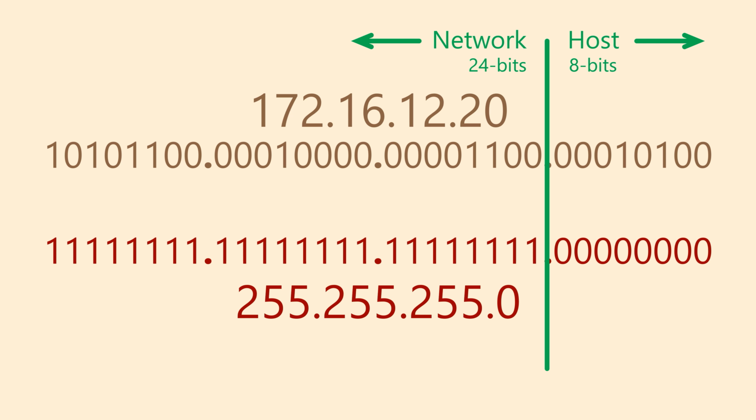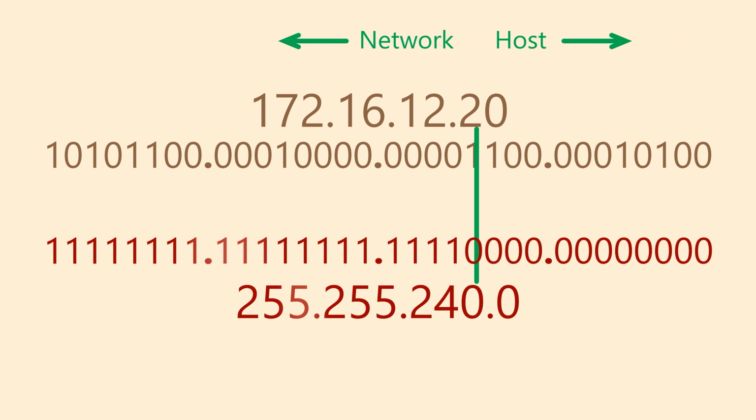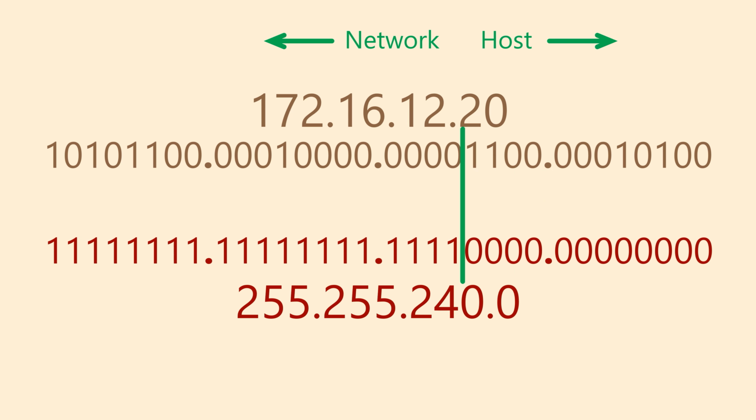The interesting part is that we can change the length of the subnet mask, that is, the number of ones in the mask. What would happen if we changed this to a 20-bit subnet mask? We now have 12 bits available for hosts. That allows up to 4,096 host addresses. But there are fewer bits available for use by subnets. So when we plan out a network, as we're going to see in the next lesson, we can change the size of the subnet mask to suit our needs. This is called VLSM, or Variable Length Subnet Mask.